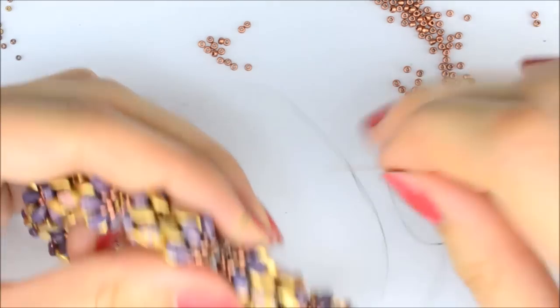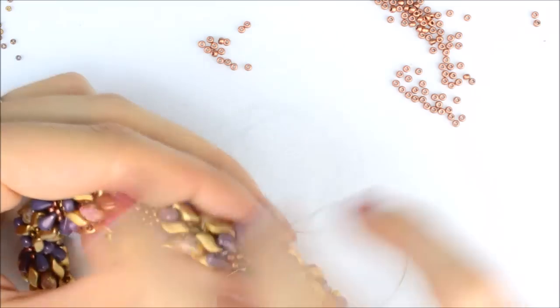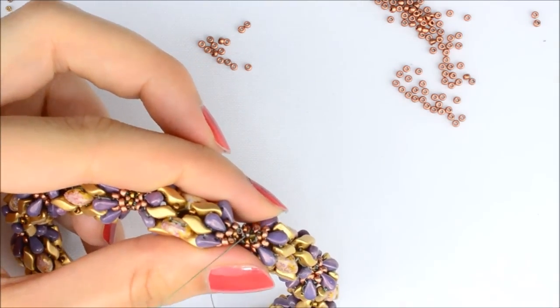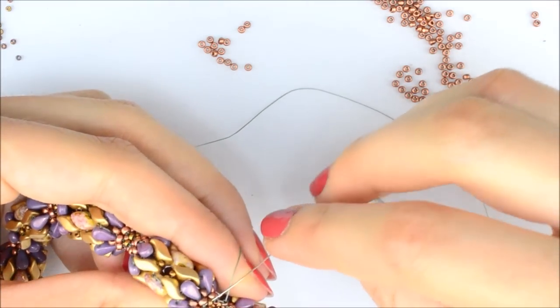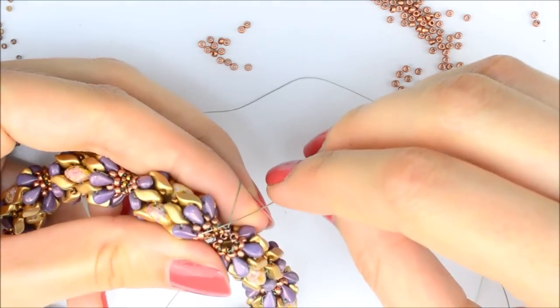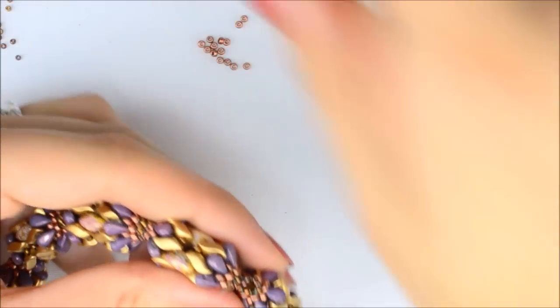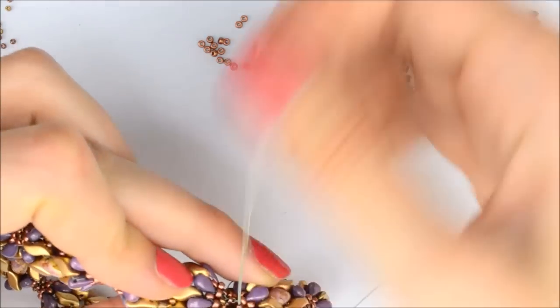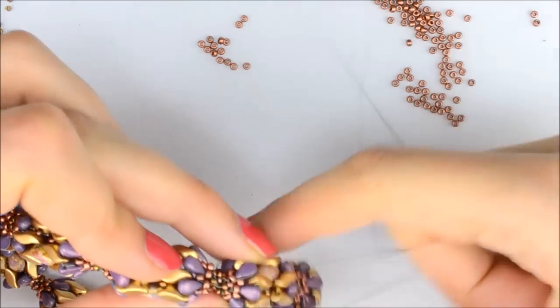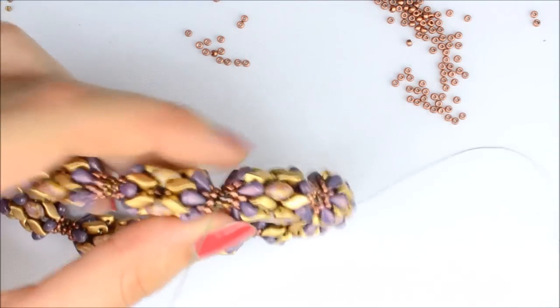So now I will continue adding those beads, basically to continue like always. So go to the bead on the side, then the next bead to pick up is this one, then 1/15. We don't even need 2, just 1, because we already have 3 beads for the segment, which is already here and here, and pull tight. Run through them, close the segment,